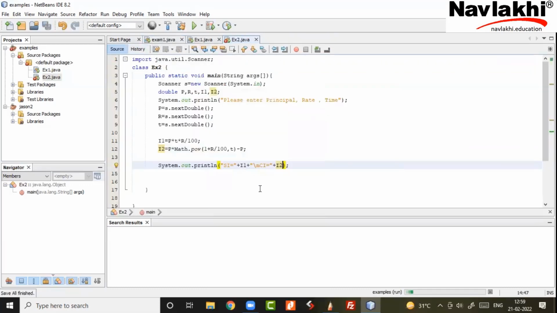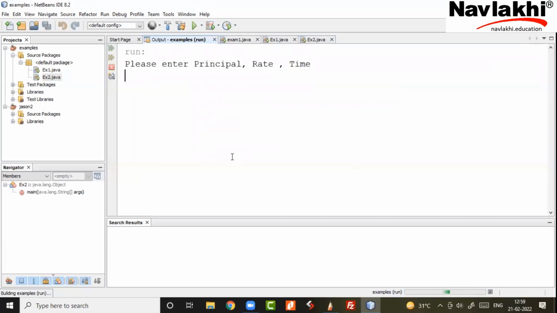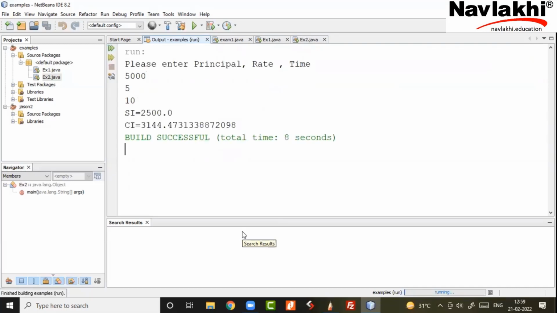If I run this program, it says please enter the principal, rate, time, and gives me SI is 2500 and CI obviously more than SI.